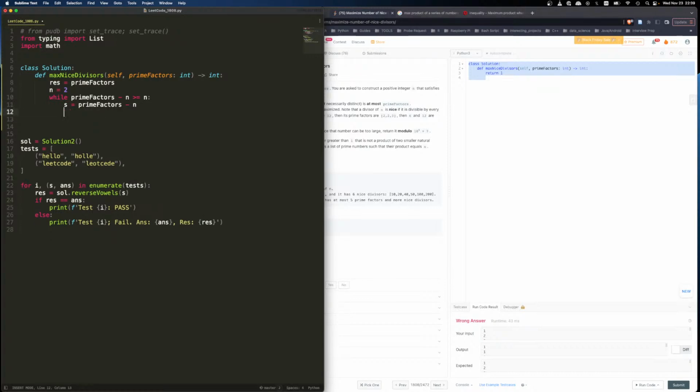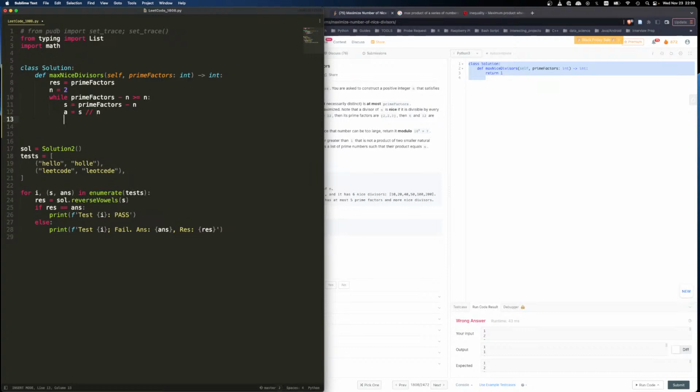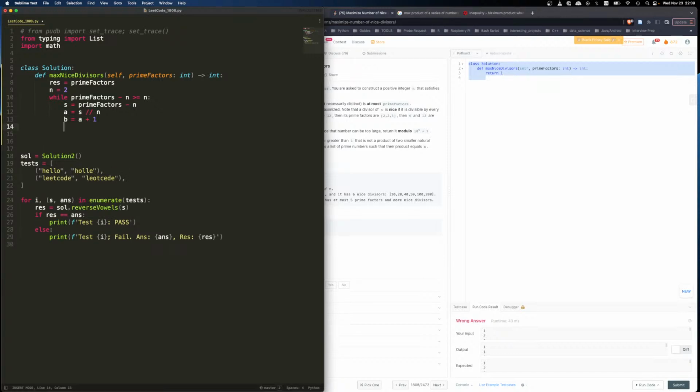And then we have the s, and a equals s divided by n. B equals a plus 1. All right, and we can say k equals s mod n,